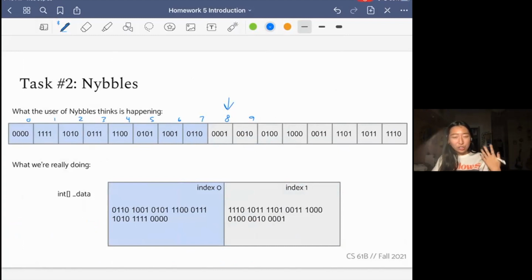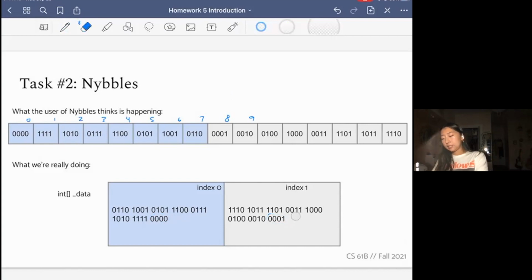And you, as the programmer, are actually under the hood going, or I guess it's not you as the programmer, but the code you write as the program will go and say, oh, sure, I'll get you that 8th nibble. It's right here. And if you say, can I get the 0th nibble? You go, sure, it's right here. And so the user has this abstraction or this view of the data as this regular old array with